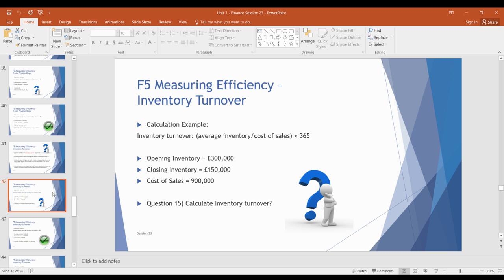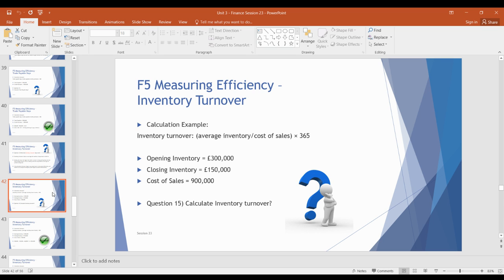So have a go. So average inventory. So the average. What does average mean? What do we mean by the average? So how we work out this is we've got our opening inventory, so it's what we started with, and then our closing is what we're ending with. So what you do, because you want the average, you want the mean